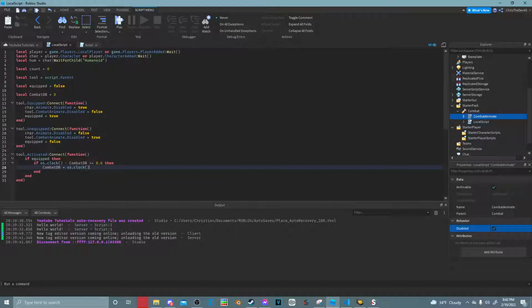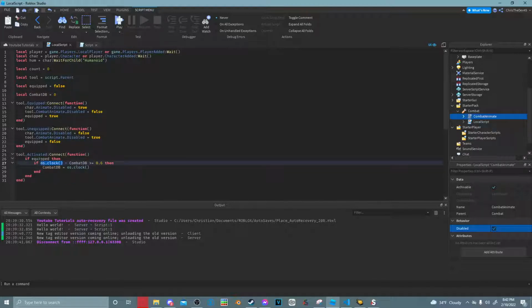So the reason why we set this to 0 at first and then set it equal to os.clock later is so basically, if I was to set this to os.clock first, then minus it by os.clock greater than 0.6, it will wait 0.6 seconds every single time before you can use it. So the first use, you cannot click it until 0.6 seconds or however long you want it to last is held. So what we did is we set it to 0, so technically it waits 0 seconds, and